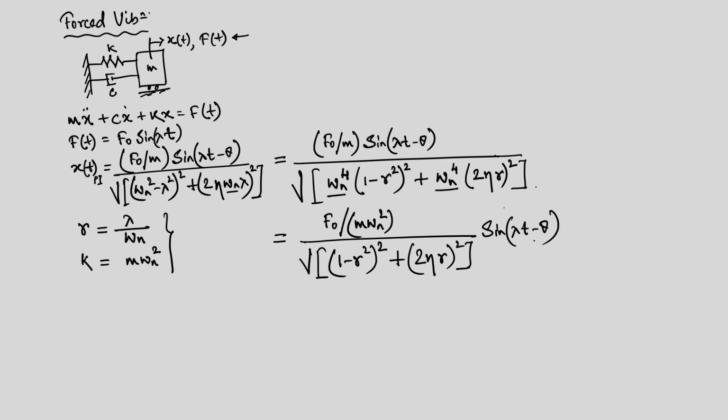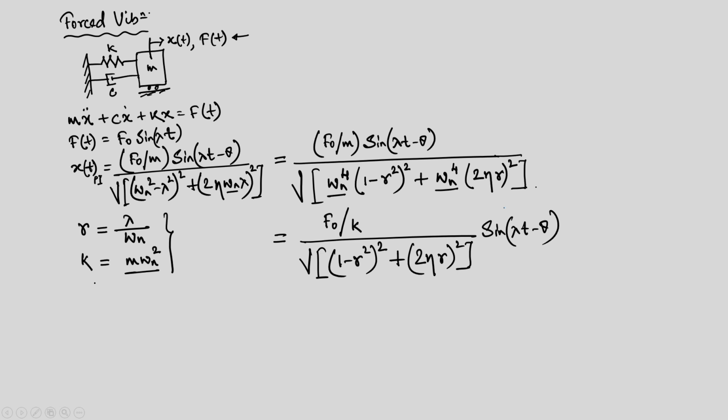Obviously, this omega n square here times m, we can replace it by k. So, that we will do now. So, what we can do here in terms of stiffness, we can replace this. So, k is equal to m times omega n square. So, that we replace, and ultimately what we get in the numerator is f naught by k.